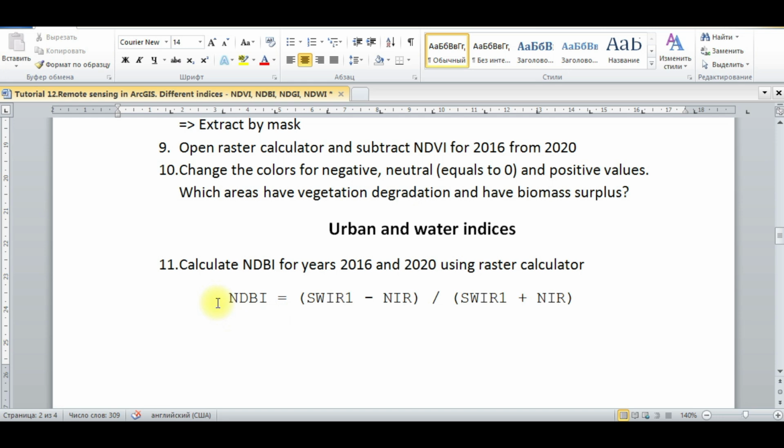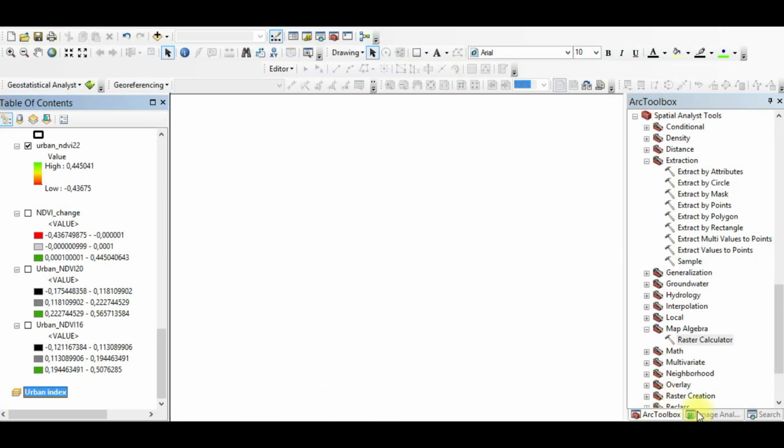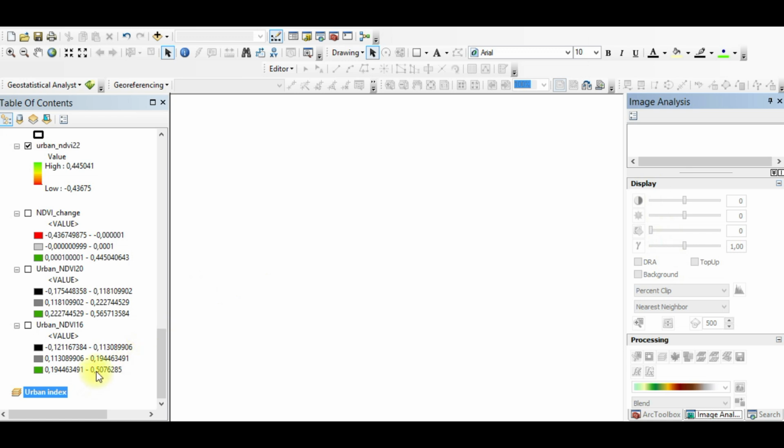So we will use at first the most widely used urban index, the normalized difference built-up index, and for this we need two bands, SWIR 1 and near infrared. So image analysis does not have an option to